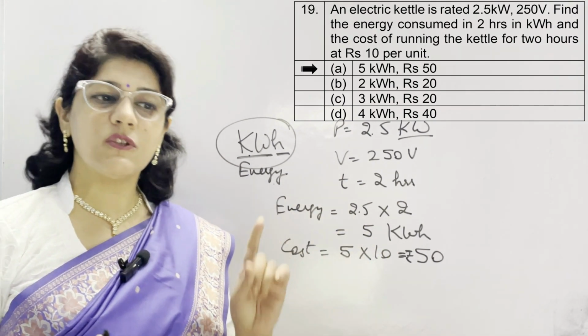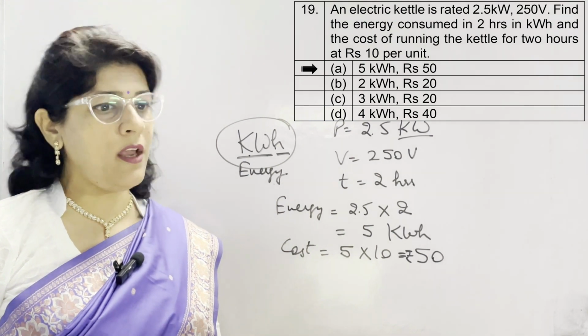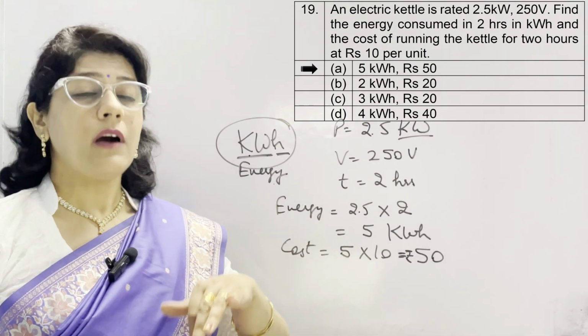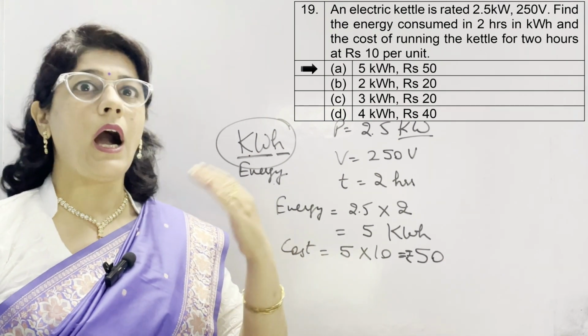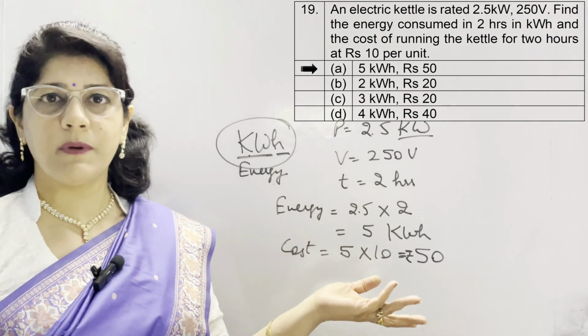तो देखना है क्वेश्चन में किस में पूछा गया. अगर जूल में पूछा गया है तो हमें टाइम को मिनट से सेकंड्स में लेकर आना है. अगर किलोवाट आवर में पूछा गया है तो टाइम को मिनट से आवर्स में लेके जाना है, और यहाँ तो डायरेक्टली आवर्स में ही दिया गया है.